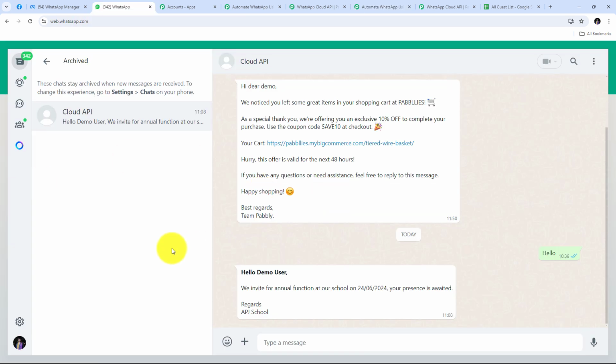And here on WhatsApp we can see I have sent this message that says, Hello demo user. So this was the name of my guest. We invite you for an annual function at our school on 24th of June 2024. Your presence is awaited. Regards, APJ School. So this was the message that I had in my template in WhatsApp Cloud API,